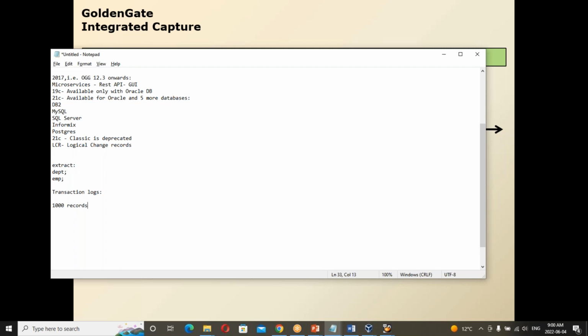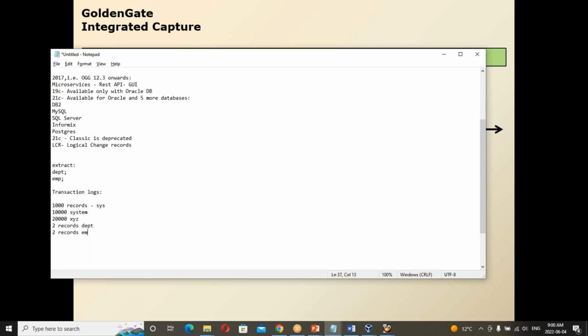Now in the transaction logs, there are 1,000 records for sys, because the transaction log will contain logs for all the schemas. It has 10,000 records for the system schema, 20,000 records for some other HR schema, and 20,000 records for some other table like the XYZ table, and then there are 2 records for department and 2 records for